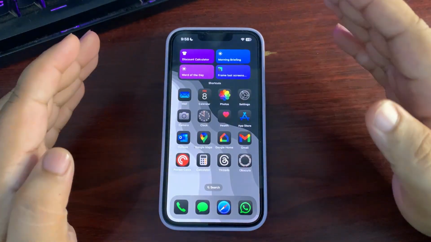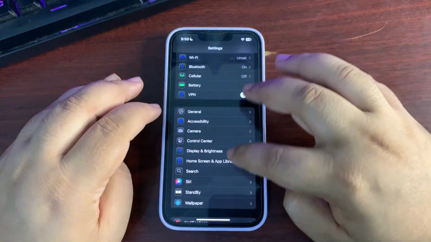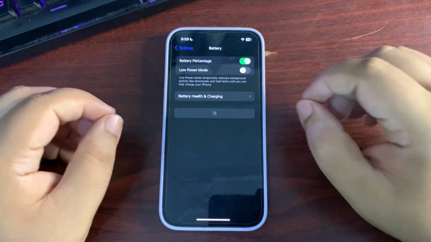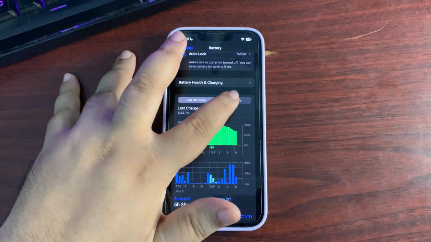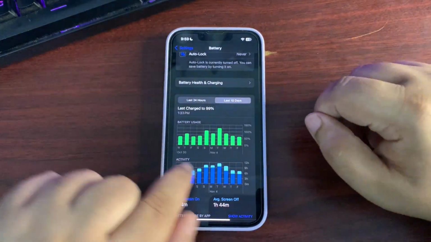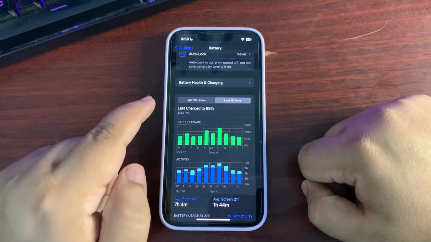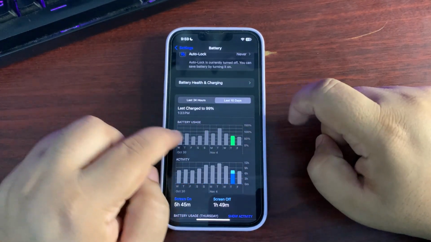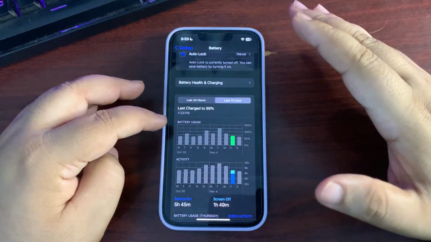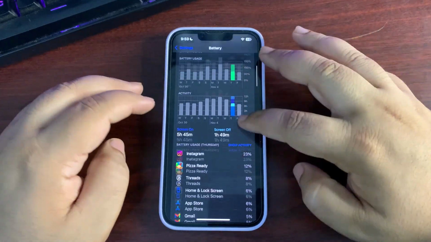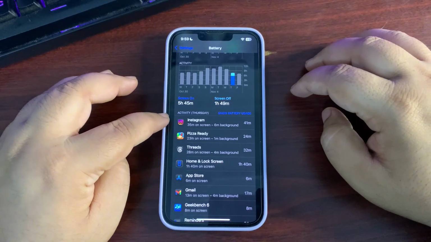So let's begin this video with the battery life. When I go to the settings and go to the battery section, let the battery load. Once it is loaded, going to the last 10 days, as you can see, I'm using my phone decently, not much, but still quite a bit. If I go to this day where I used my phone for around 70 to 75% according to this graph, you can see I got almost 6 hours of screen on time